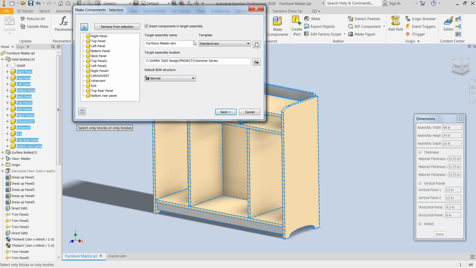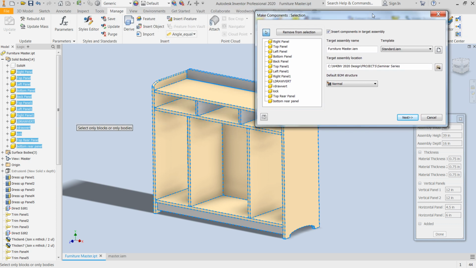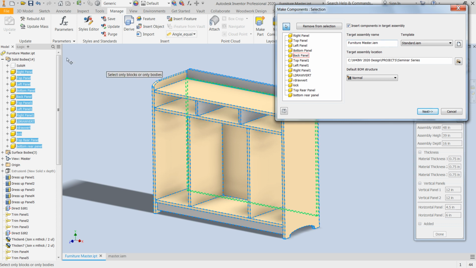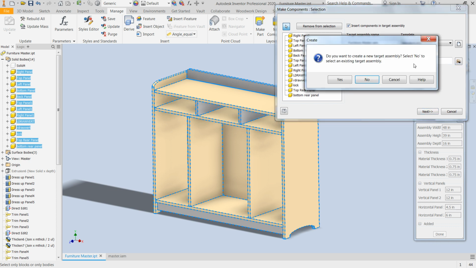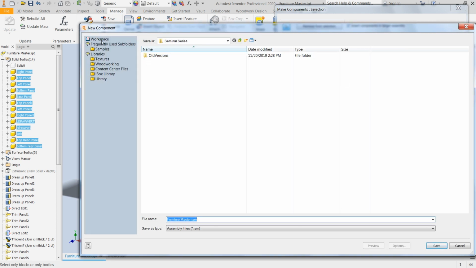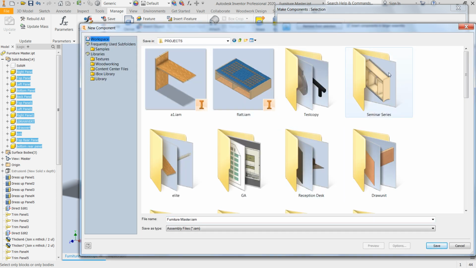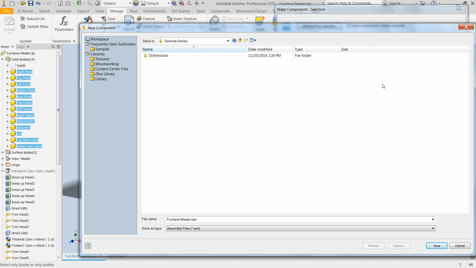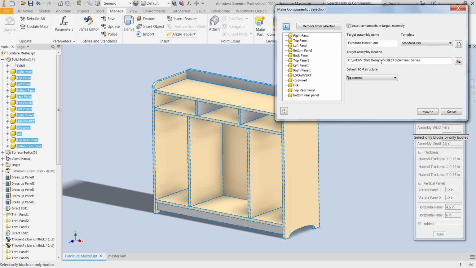It's going to ask you some questions. For example, it's going to name it, if you so desire, the same name as the part, the solid body part is. It's called FurnitureMaster.iam, where the part was called FurnitureMaster.ipt. Next thing it's going to ask you, of course, is where do you want to place that data? So, you can go into the workspace, you can go into a folder that you want to make sure everything's in, and pick Save, and you can see that it's now within that particular folder, or will be in that folder when all the files get created. I'll pick Next,